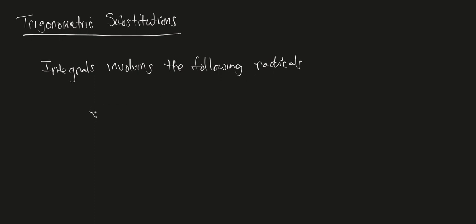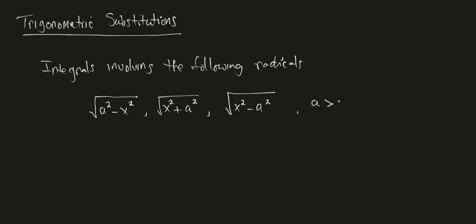So integrals that are of this form, let's say the square root of a squared minus x squared, and the square root of x squared plus a squared, and the square root of x squared minus a squared, right? And here the assumption is that a is a positive constant, right? So the idea is integrals that have these radicals,